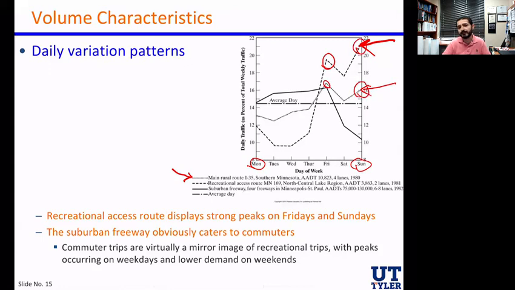This is actually very normal. This is again a main rural road in Minnesota, and it's a major part of the interstate I-35. Not many people will use interstates, which means it's not going to be a long ride during weekdays, yet people will be willing to use it, and they are using it to go to their